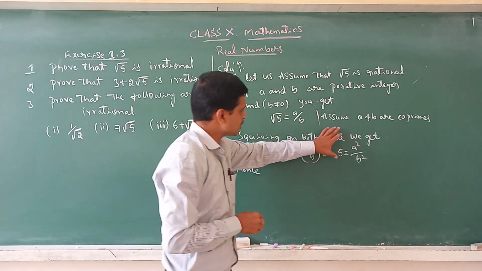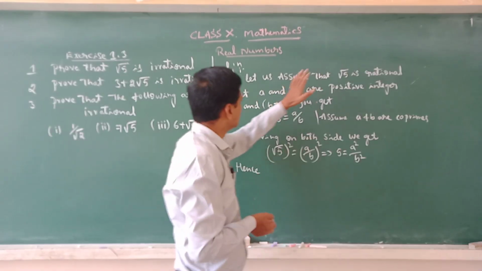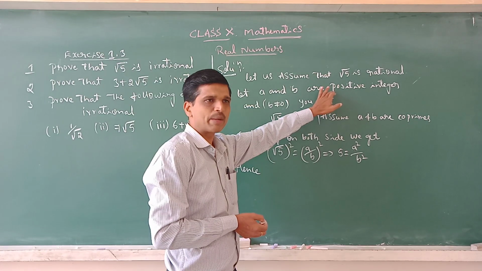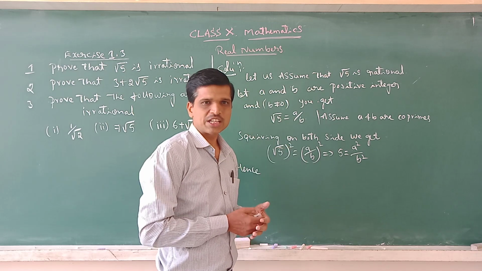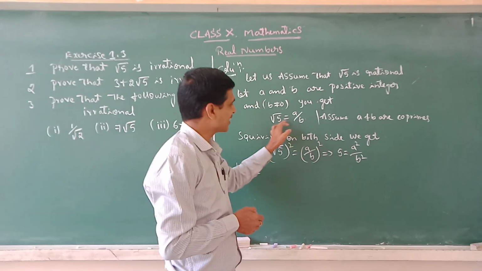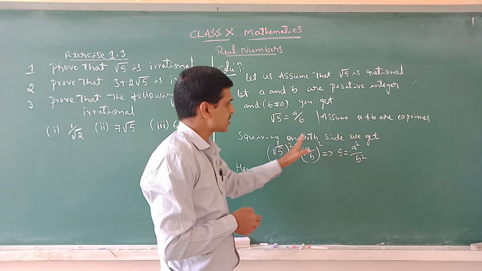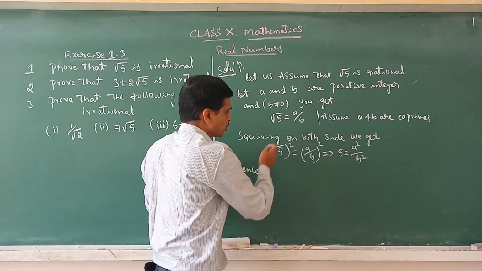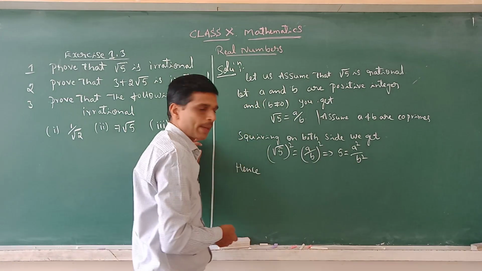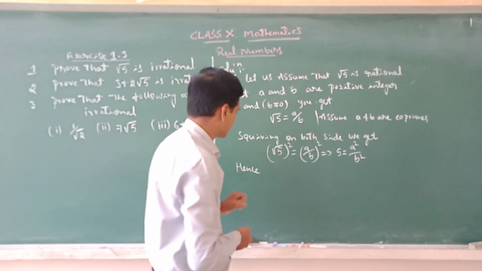So what we achieve here: consider root 5 is a rational number. Therefore we took a and b as any two positive integers where b is not equal to 0. In the case of rational numbers we can take p and q, but instead of p and q, here we take a and b to create the form a by b. So root 5 is a rational number because a and b are co-primes. Now squaring on both sides, we get these numbers. Now b square is one of the factors, and a square is also one of the factors in this expression.